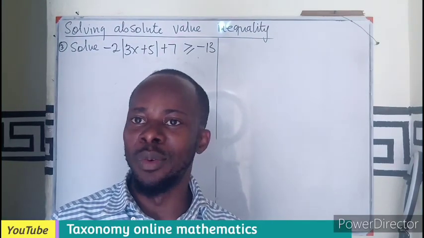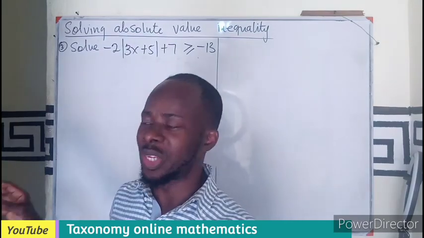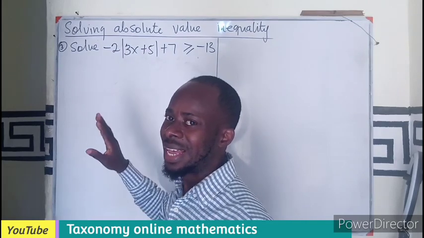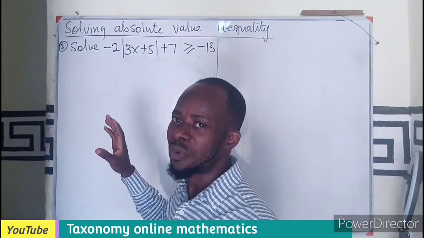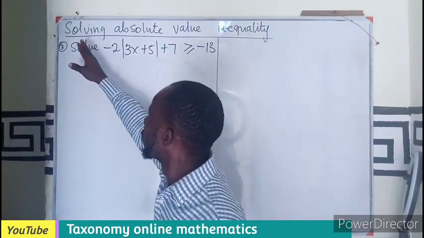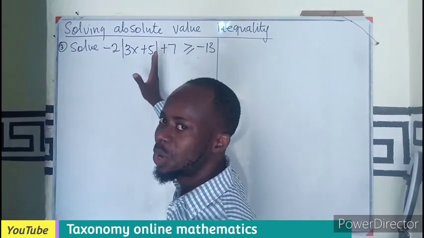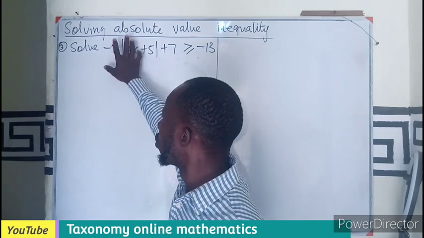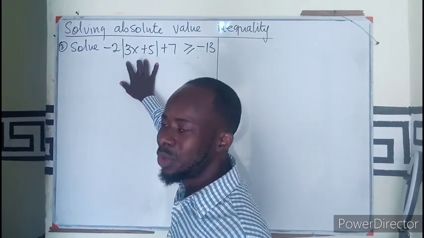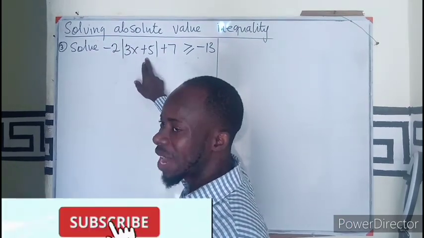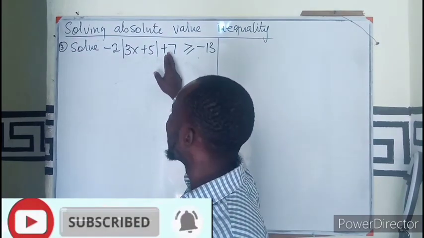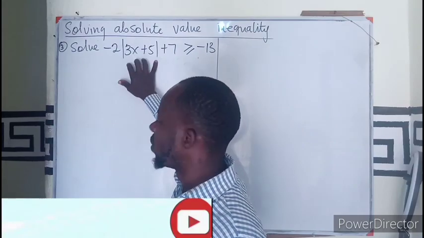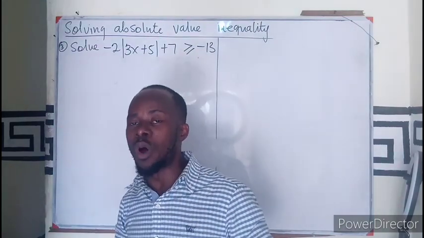In this tutorial we want to solve a question under linear inequality, but with a little bit of combination with absolute value, that is, solving an absolute value inequality. So in this question we have -2 multiplying the absolute value of 3x plus 5, plus 7 greater than -13. We know the absolute value of every number is always